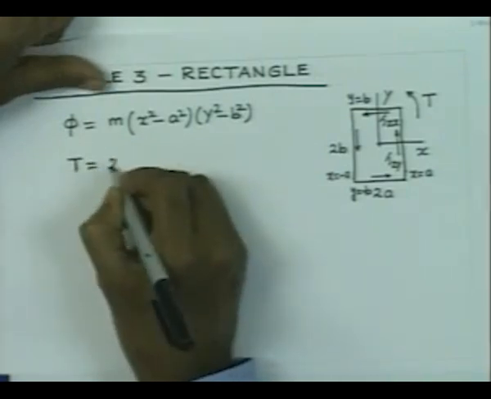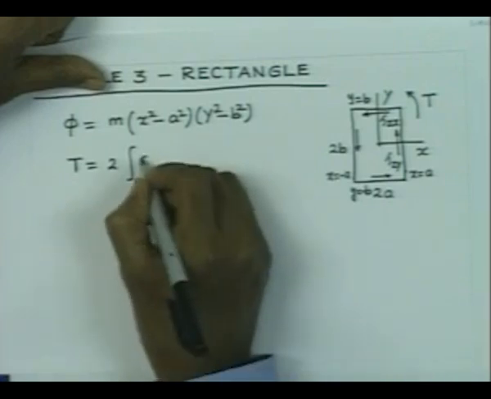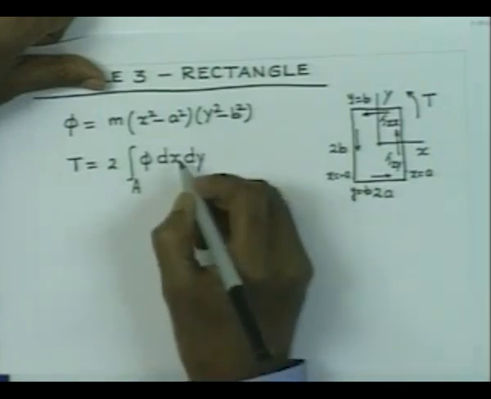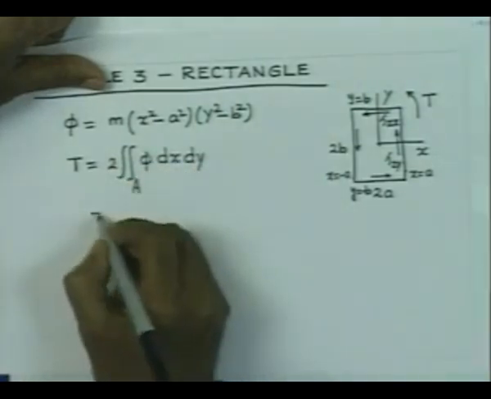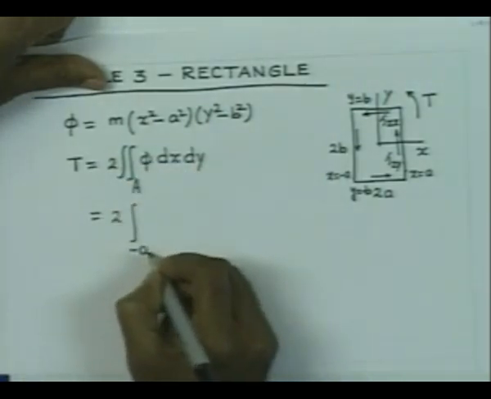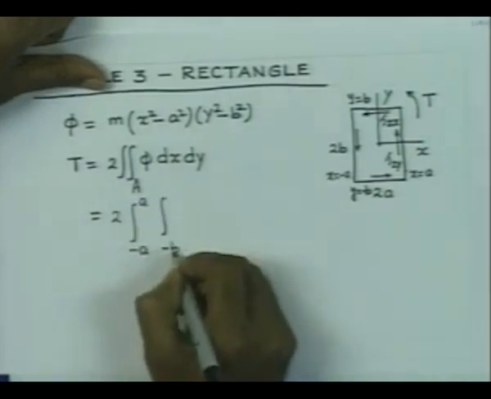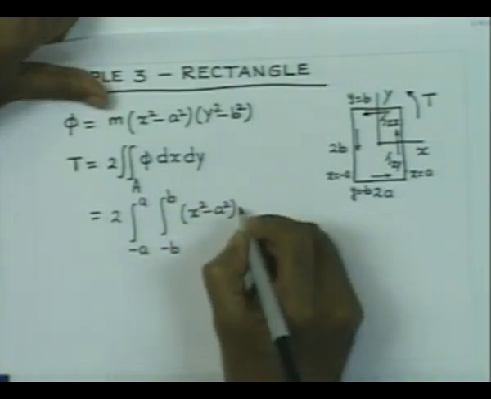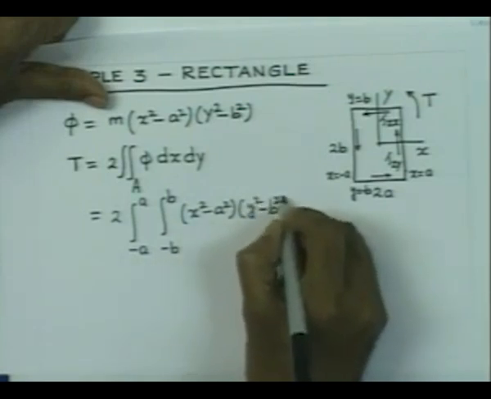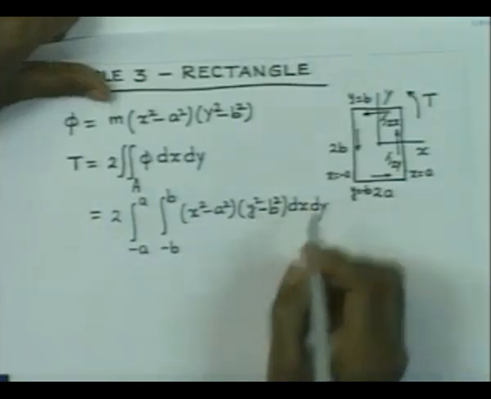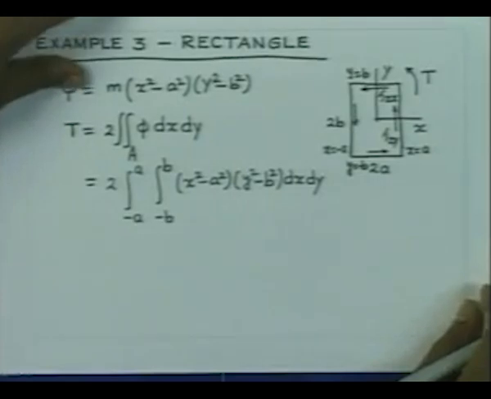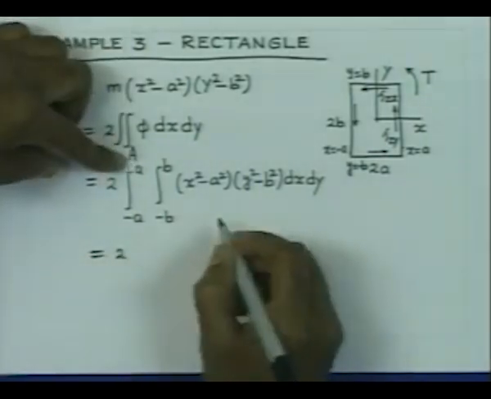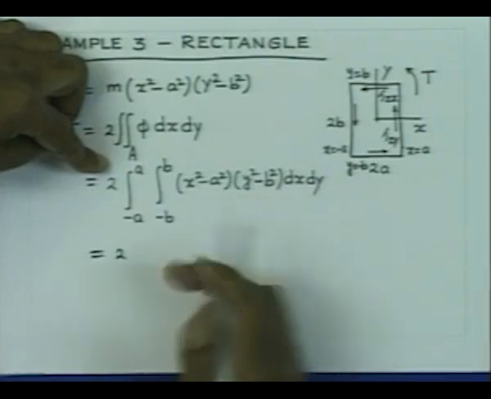T is given by 2 times integration of the function phi over the domain. Here the limits of integration are minus a to plus a, minus b to plus b, of x square minus a square into y square minus b square dx dy. Since the limits of integration are constant, we can do the integration of this function with respect to x, this function with respect to y, and we get